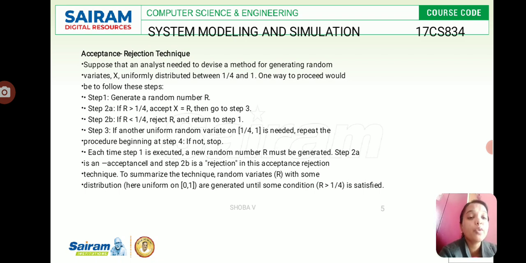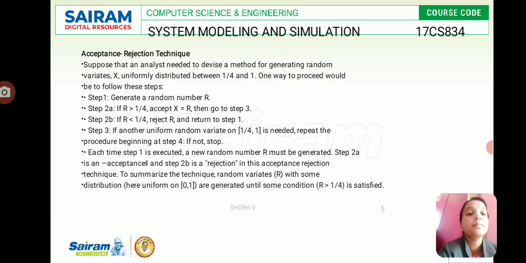In the sense that you repeat the procedure beginning at step 4; if not stopped, then we move to step 1 to generate the random number. When the condition is finally satisfied, the desired random variable can be computed, and this procedure can be shown correct by recognizing that the acceptance occurs when the conditions are satisfied. Each time it is executed, a new random variable must be generated.